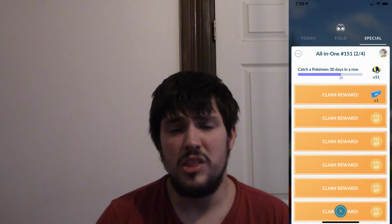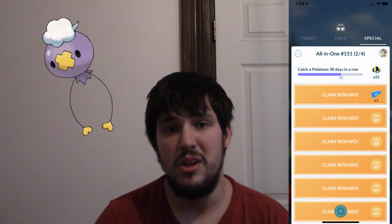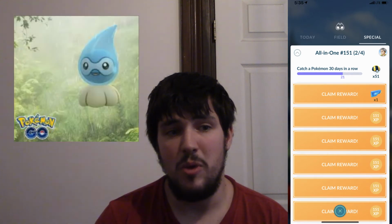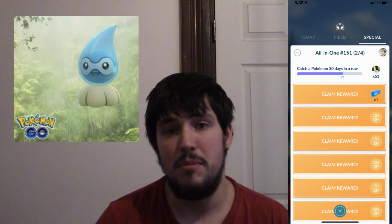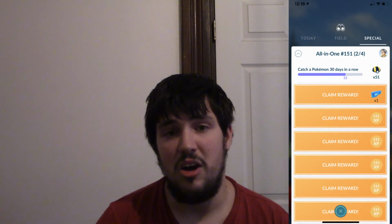But anyways, the first of these 4 that I was able to complete was the 30 ghost types, because Drifloon ended up becoming a very common spawn during the Weather Week event that took place back in March. So I was able to catch a bunch of Drifloons, and I was able to knock out my 30 ghost